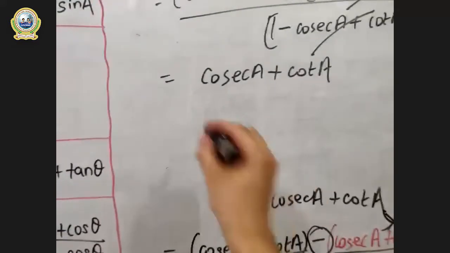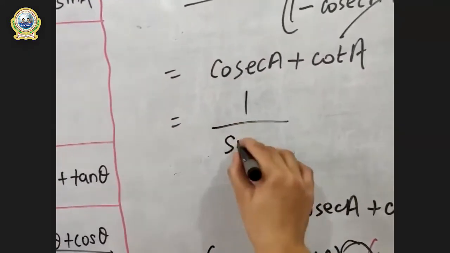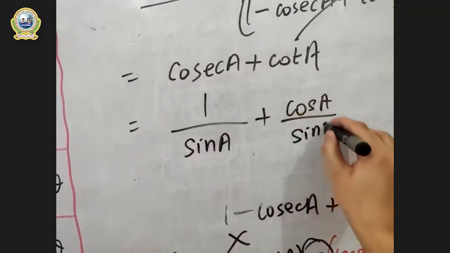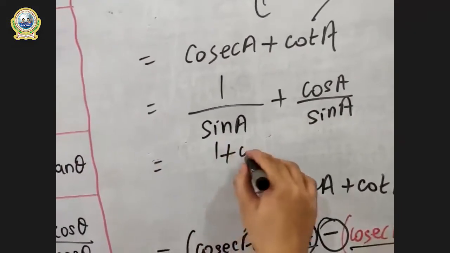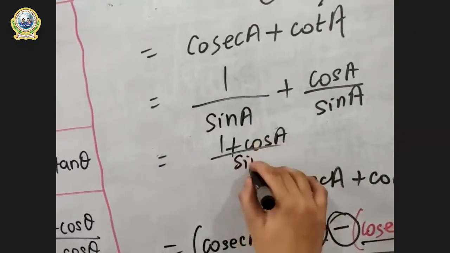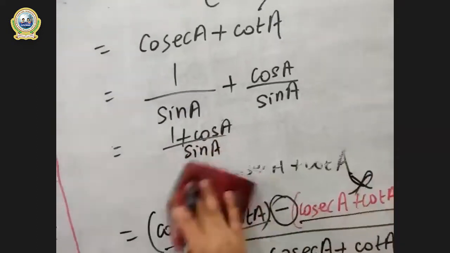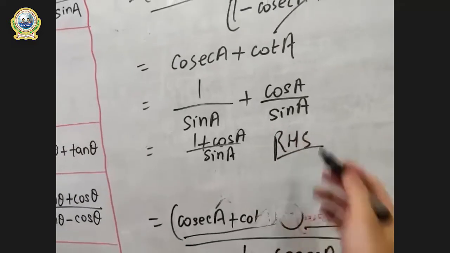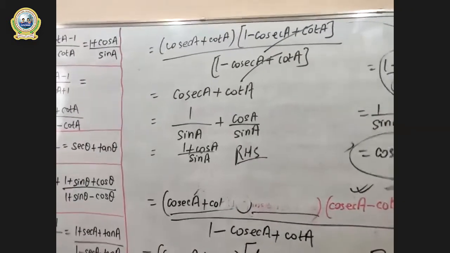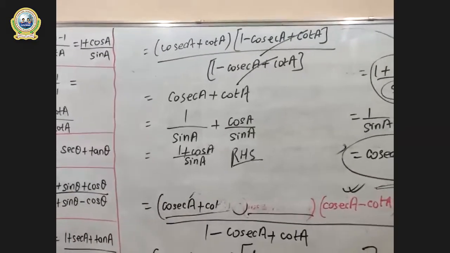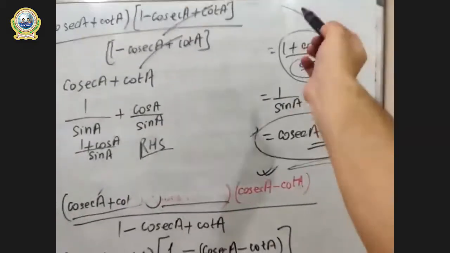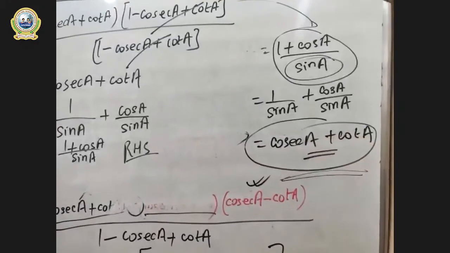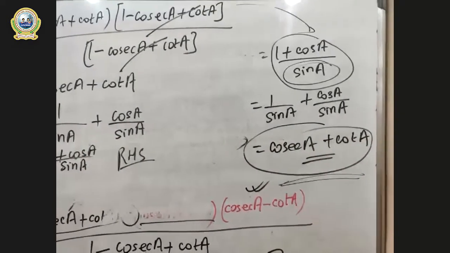Are you clear now? So cosec A can be written as 1 by sine A, right? And cot can be written as cos by sine. Now immediately this will lead us to our answer, 1 plus cos A by sine A, because as both denominators are the same, no need to take the LCM. This is our RHS, right? Is this clear? So now you might ask why I have done this, why I solved it here, to determine whether the question follows rule A or rule B.